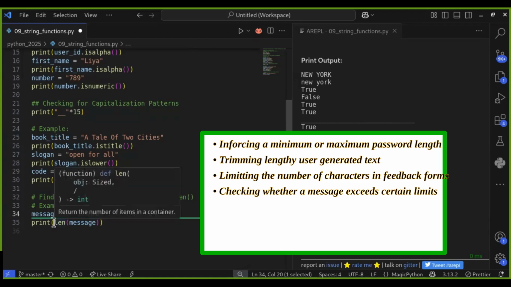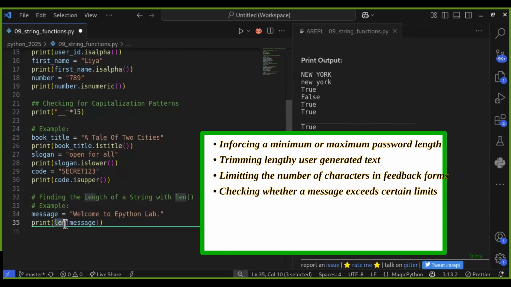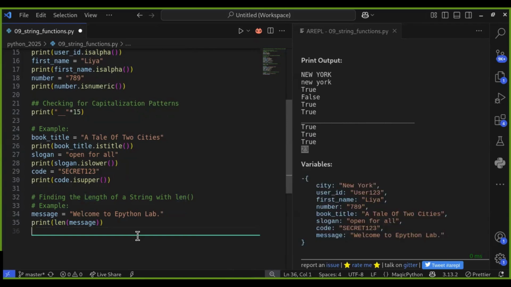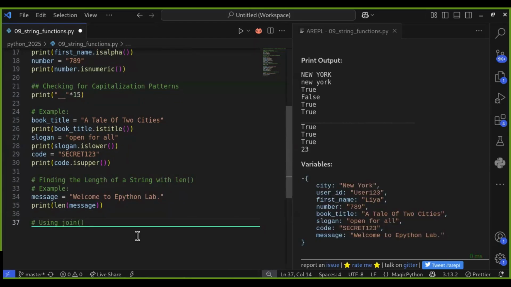So, the len function is one of the most powerful and practical tools in Python. Whether you are working with user input, data validation, or text formatting, this function helps ensure your string data stays clean and within limits. Now let us explore some more advanced string operations.